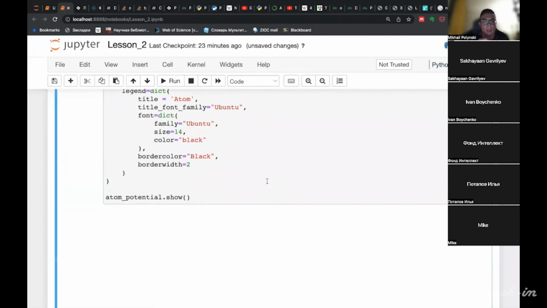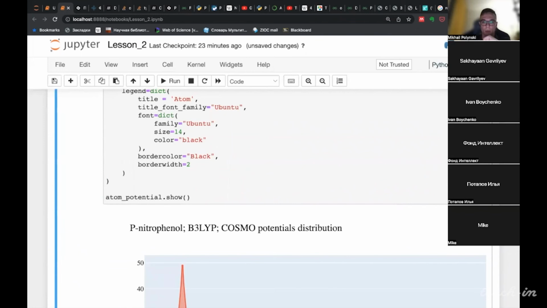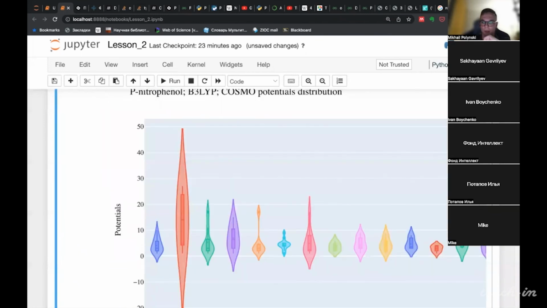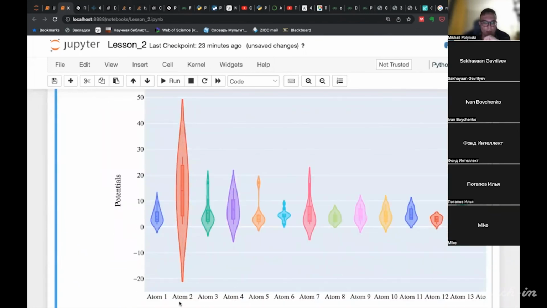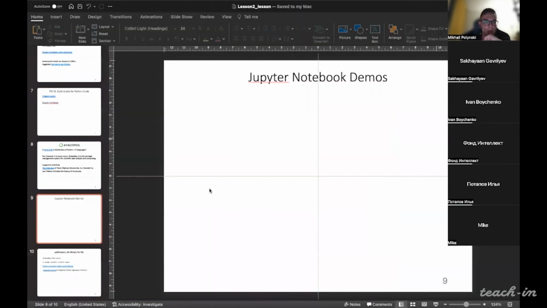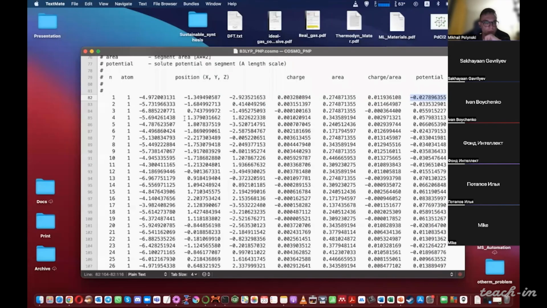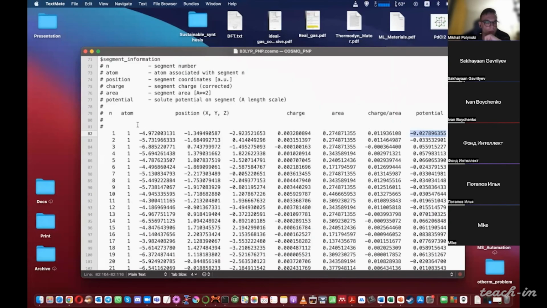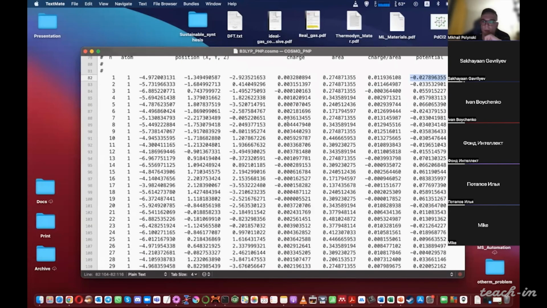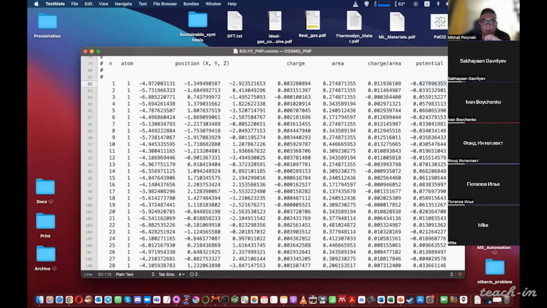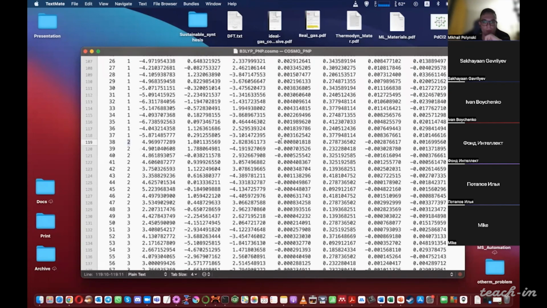So let's make a violin plot with potential distribution for each atom. So in the COSMO file, we have different potential values for each atom, and two different potential values.